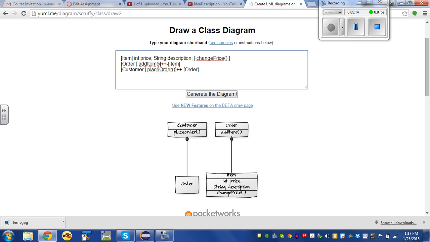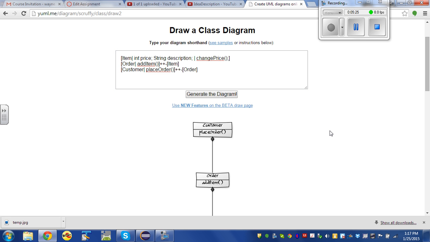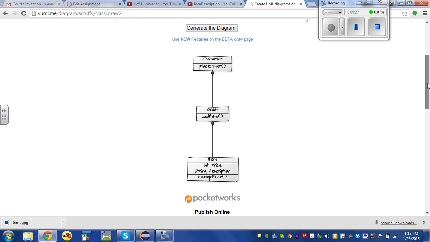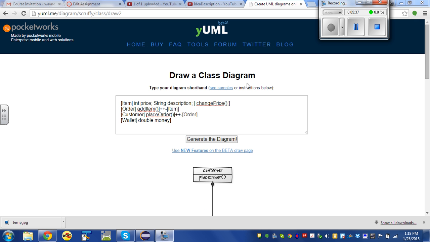So it's very important not to have any spaces between the bar and the name. This name has to be spelled exactly the same way as that name, otherwise the diagram breaks. So the idea is that a customer may have orders, and the order is going to have items. What else might a customer have? Okay, so you might have another class, wallet, that has something like money in it, right? And you might say that a customer